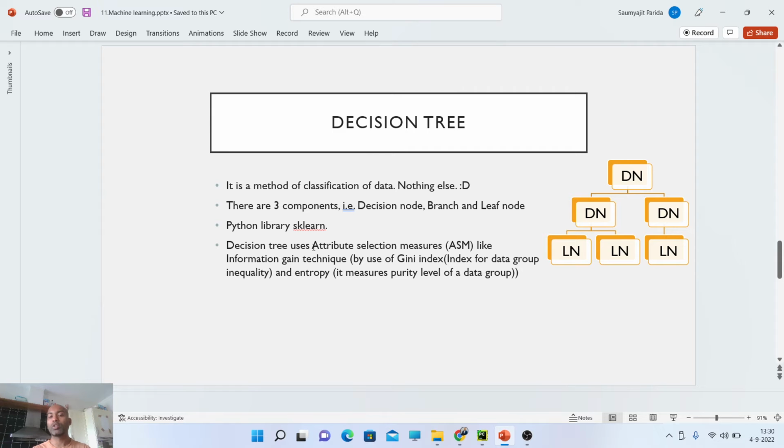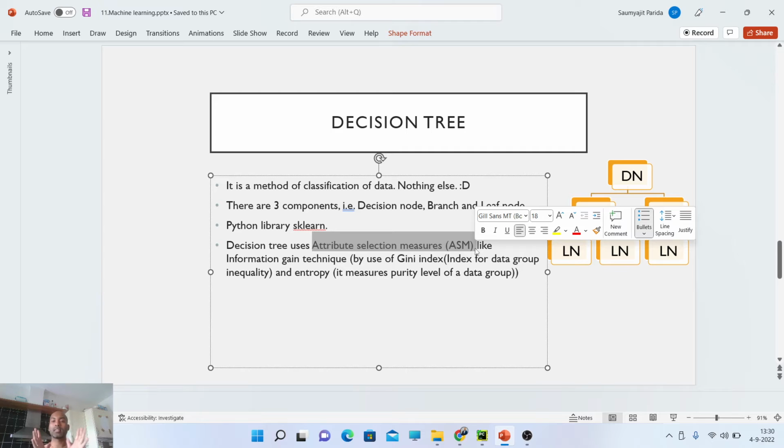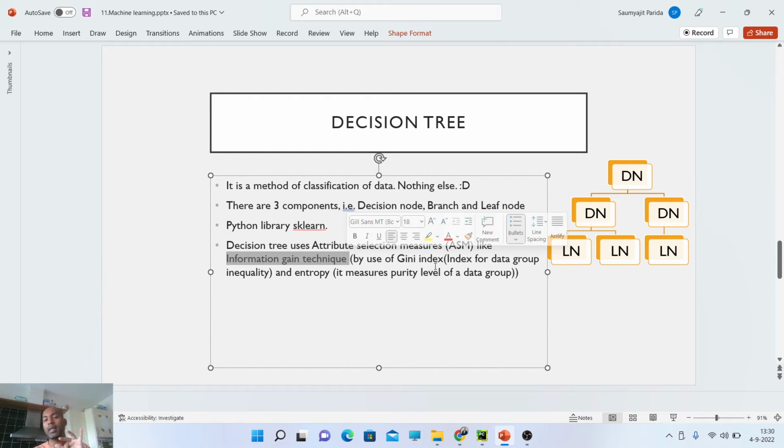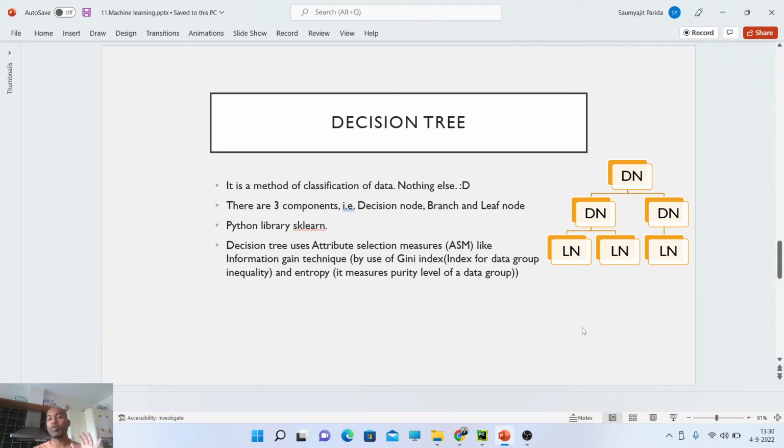It is based on an attribute selection measure. ASM is the core of the classification, and the attribute selection measures are information gain techniques, and information is gained based on the Gini index and entropy. Entropy is like,